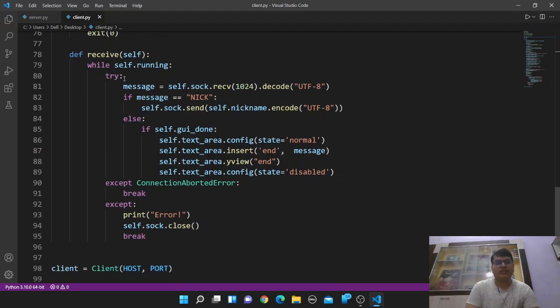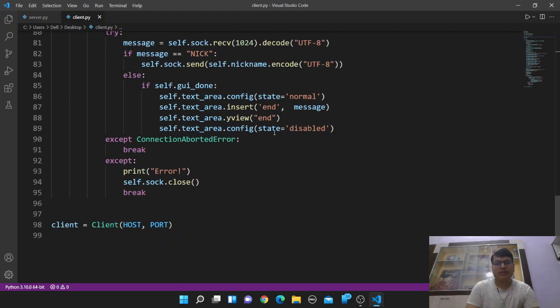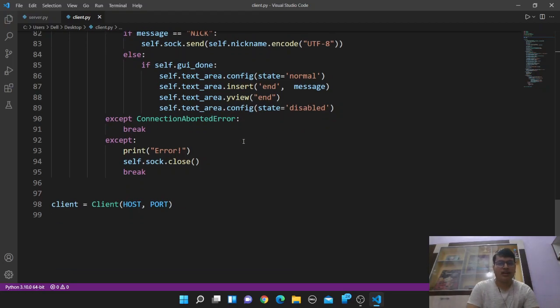So we will try something, and if an error occurs, then it will print error. So here we will receive the message and it will appear like nickname, colon and the message. Here also we have set the configuration to disabled because we don't want to edit it. And finally we will connect the host and port.